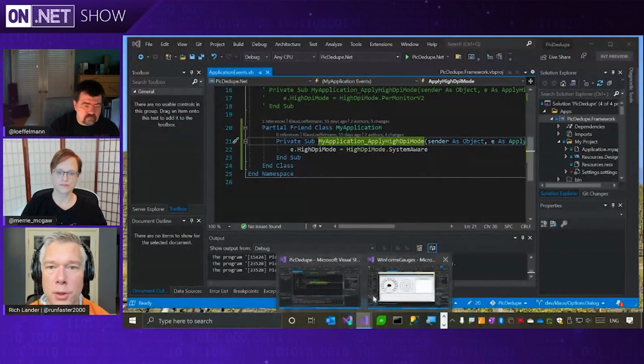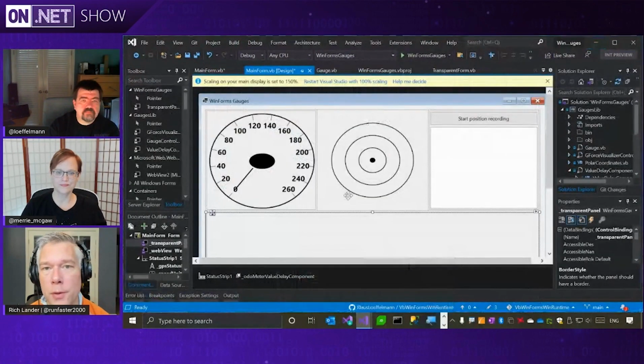Okay, that looks good. Do you have anything else to show us? Yes, actually, I have a second thing, and I think that's equally impressive or cool for VB developers. So this sample is